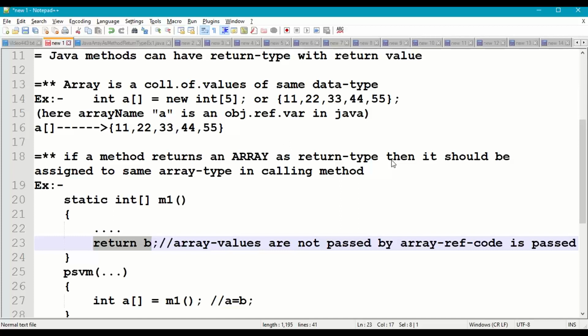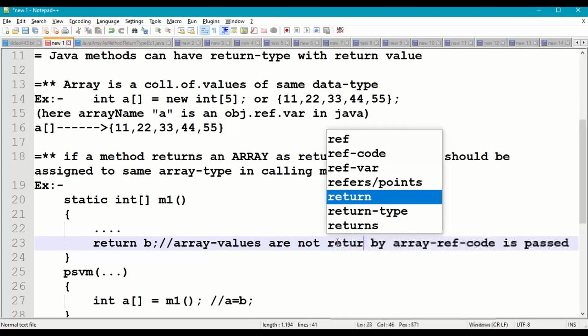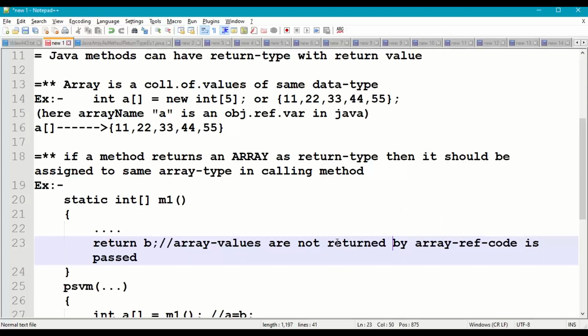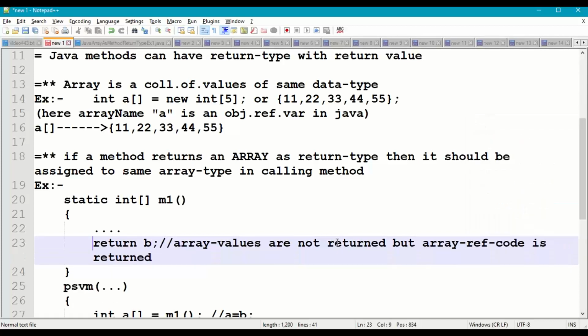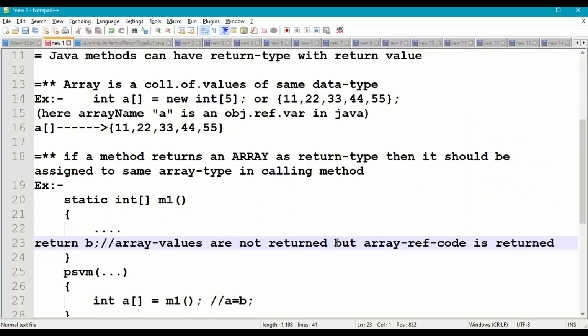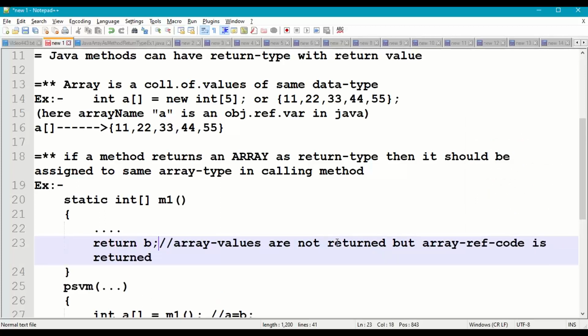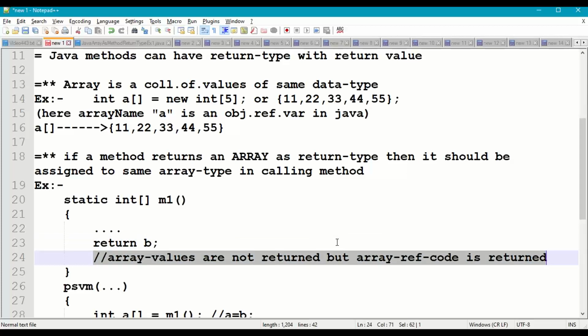When I return an array, it does not return the array values, but the array reference code is passed to the calling method. So when we say return b, it will not return the values of array b.